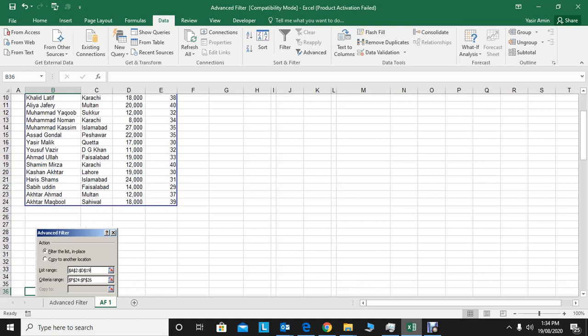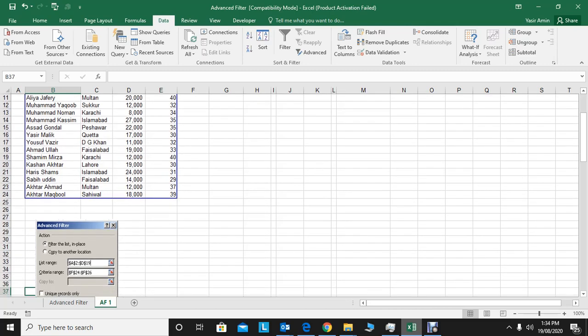In the first step, we have to select the data range. Then we need to give the criteria, and then, if it is the same destination, we need to paste the filtered data, or it is copied to another location. So there are three options in total. The first, you need to filter the list. Second, give criteria, and third, if you want to copy into another location.